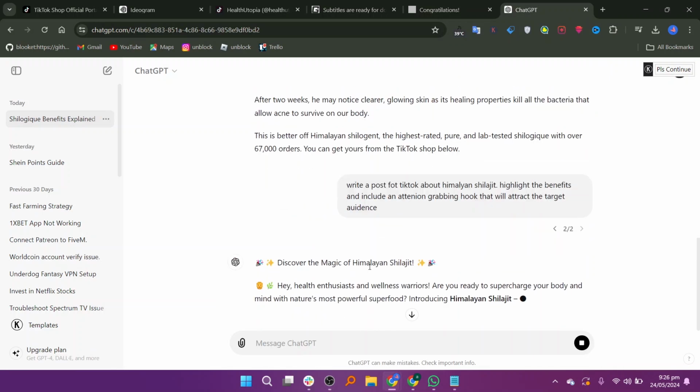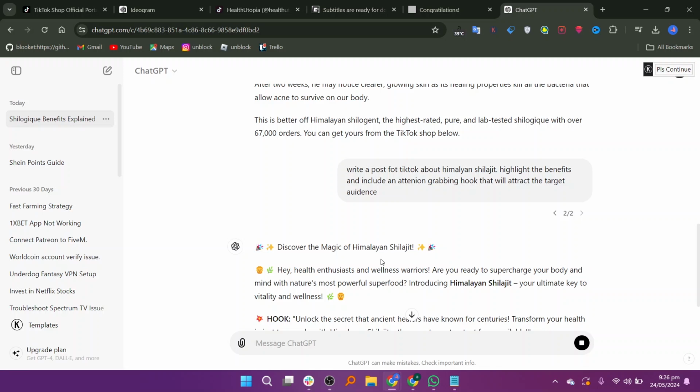You can refine the generated content to make it more appealing and targeted. Ask ChatGPT to enhance the post by highlighting the benefits and including an attention-grabbing hook. For example, type "write a post for TikTok about my product and highlight the benefits. Include an attention-grabbing hook that will attract the target audience." ChatGPT will provide a revised version of the post with an engaging hook and highlighted benefits, making it more attractive